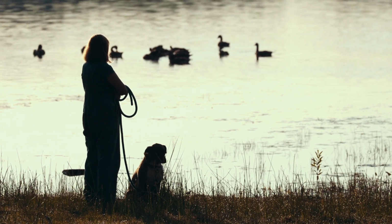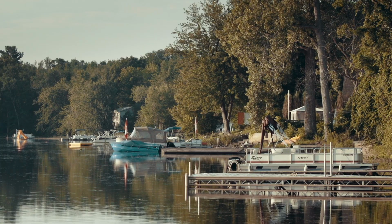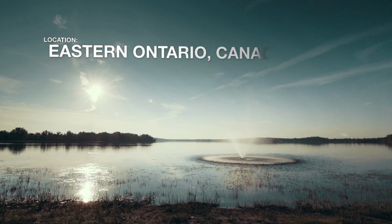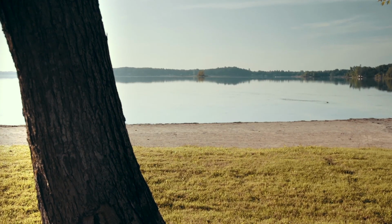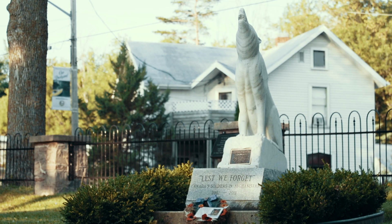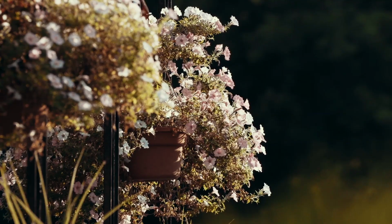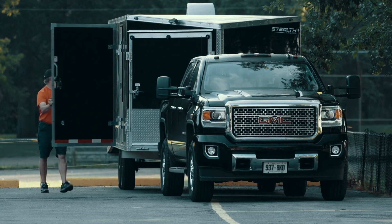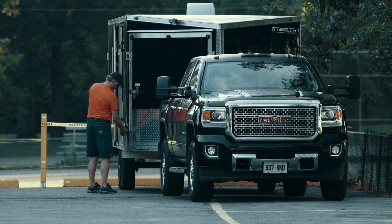Every season we do a destination story within Ontario, Canada. This season we got asked to ride Eastern Ontario, and I'm embarrassed to say I haven't ridden these trails in a long time, but I have heard huge improvements have been made in not only trail maintenance and trail building, but also connections to the towns and general signage and mapping. So I'm really excited to get back out here and see how much different these trails are after all these